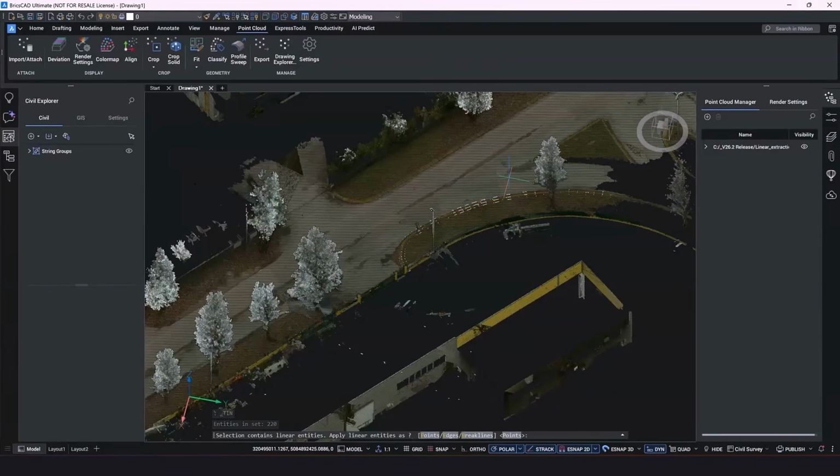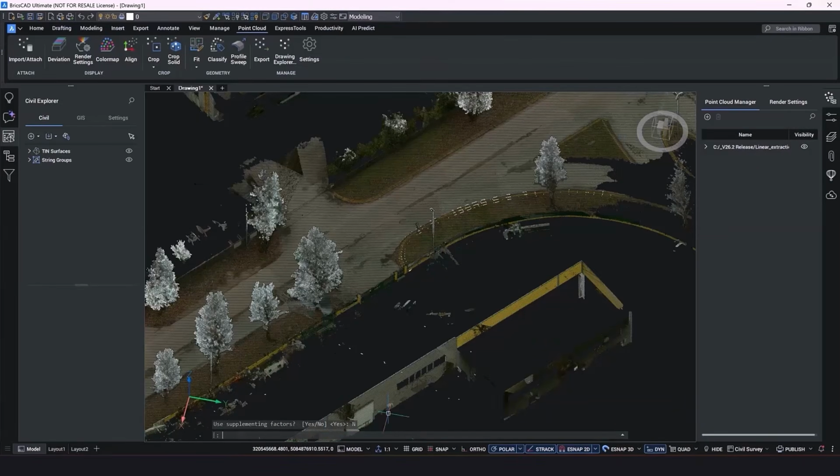And we've selected our lines. Now at the command prompt, it says, the selection contains linear entities. What do you want these linear entities to be? Do you want them to be points, edges, or break lines? I want them to be break lines. So I'm going to hit break lines. It's going to ask us a couple more questions. Do you want to use weeding factors to simplify the surface? We say no. And we don't want to use supplementing factors in this case either.